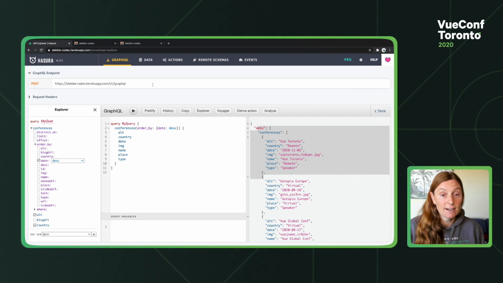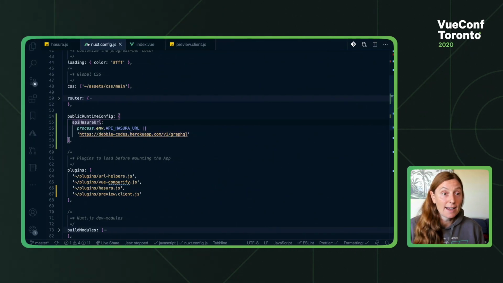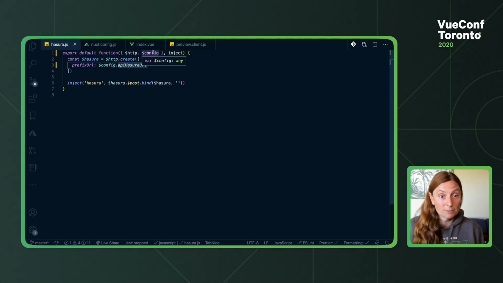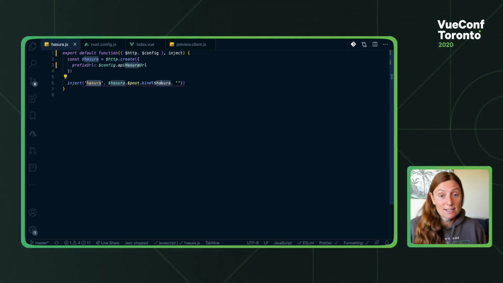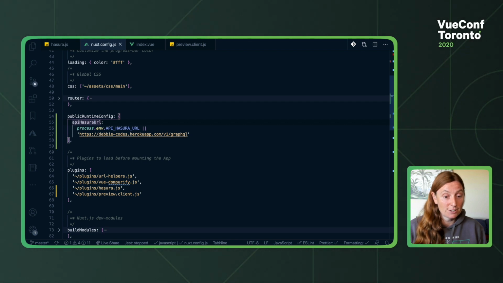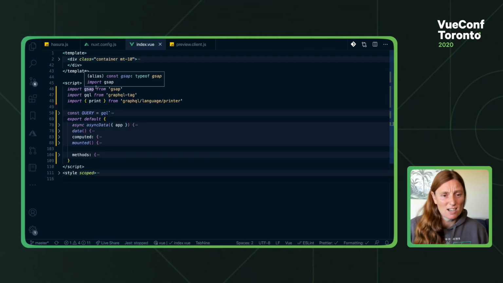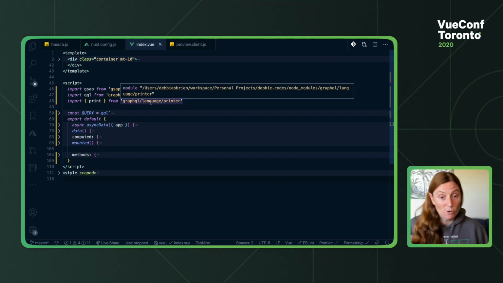So you can see that that's placed in here, and then I have access to it in the plugin through the $config, which I've passed in here. Because I'm injecting Hasura, I can refer to this now as Hasura. I'm just binding what I've created here. So that's basically it in my Nuxt config. Obviously, I've registered my plugin, I have my runtime config, and then in my index page, don't mind the gsap, that's just animation. So I'm importing gql from graphql-tag, I'm importing print from the GraphQL language printer, and then